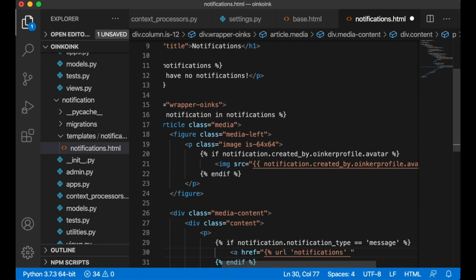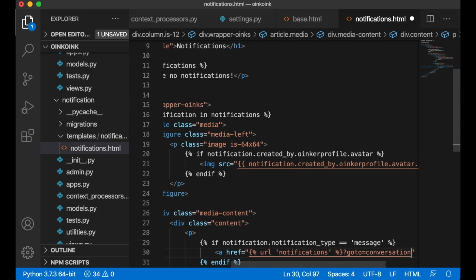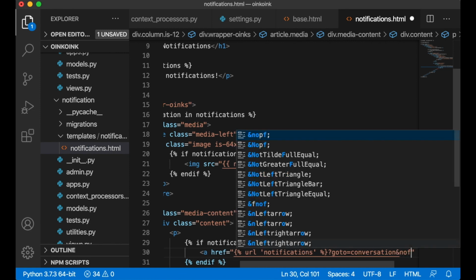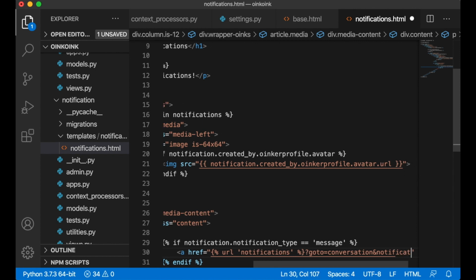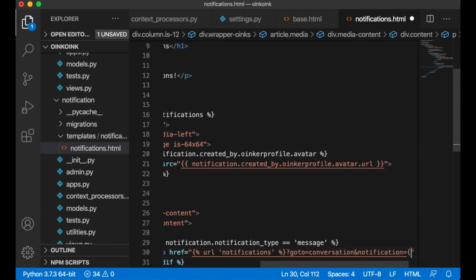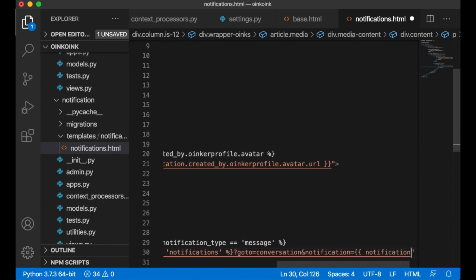So I loop through the same page as I am on now, just pass in some new parameters behind here so I can set the notification to read, conversation, this is the page I want to redirect to, and notification equals notification.id,